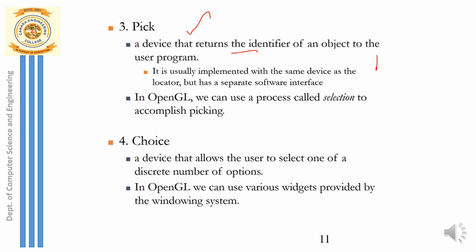See, suppose I have a scene that is displayed on my screen. What do you mean by a scene? Scene is the one which contains multiple objects on the screen. So I have multiple objects displayed on the screen: a sphere, a triangle, a rectangle, a square. Whenever I use a mouse to move over different objects, you can see it differentiates here, right? So I'm using my mouse to move over different objects.